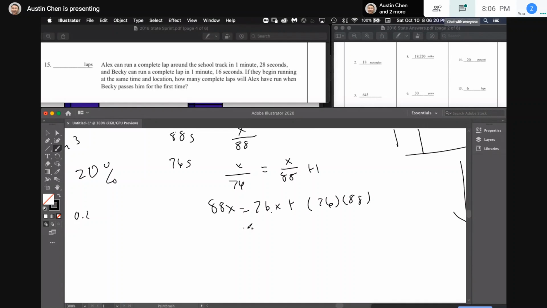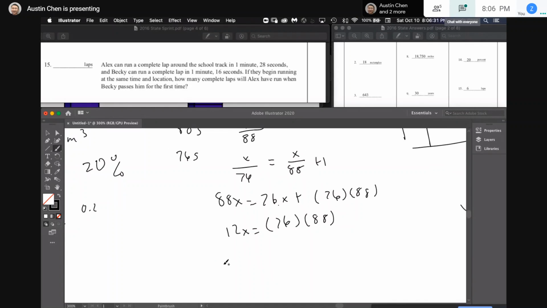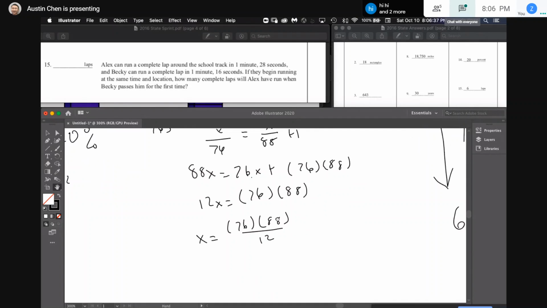So move x to the side, then we have 12x equals 76 times 88. And that means x is going to equal 76 times 88 over 12. And so we can cancel out a 4 from 88, so that would be 22. So then we have 3 here, and then